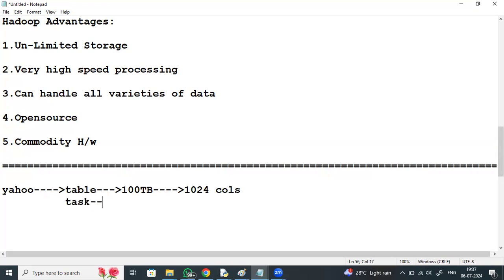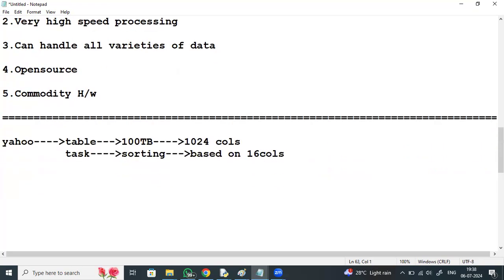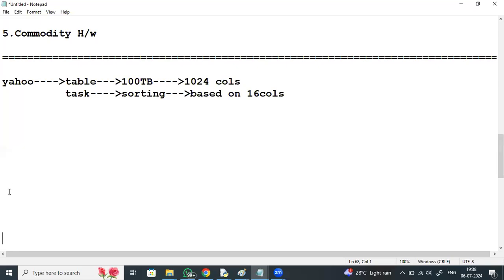The task is sorting, not on a single column, but based on 16 columns.